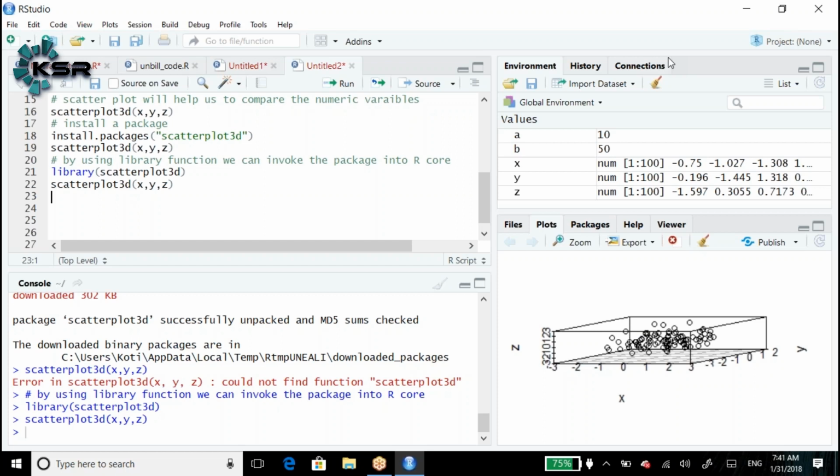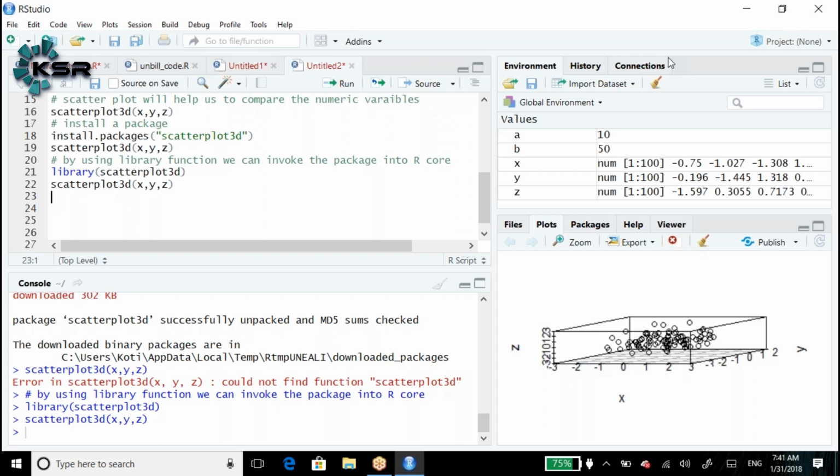Now again you get a doubt. Whenever you want to use a function, do I need to install the package every time? Not required. Once you install the package, that will be fine. Make sure that while installing the package, you are connected to the internet. And the third point: every time you use the function, just use the library of that package name, so that you can use the R function. That is how we get the output.